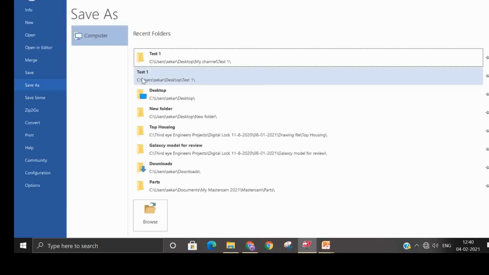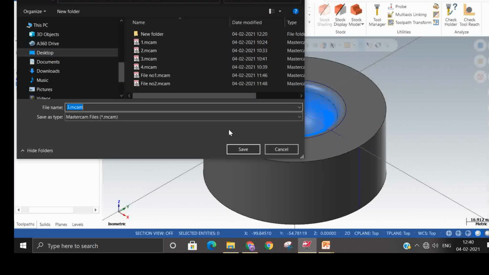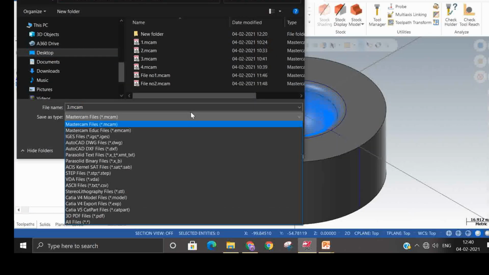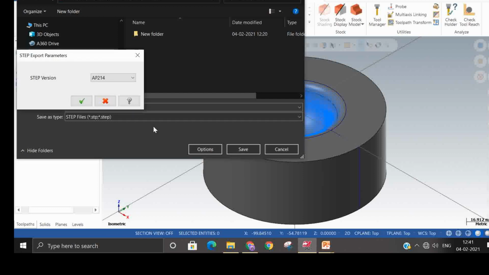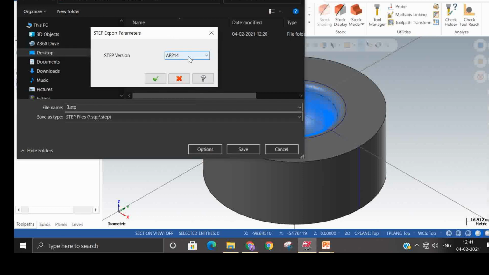Save as. In the first folder only, I'll save it as a step file here. There is an option also available: you can change the step version you want to save it in. Whatever version the customer is having, you can select and save.